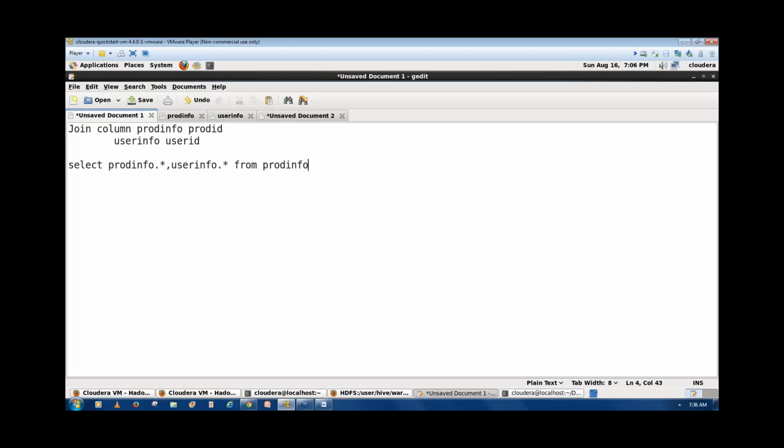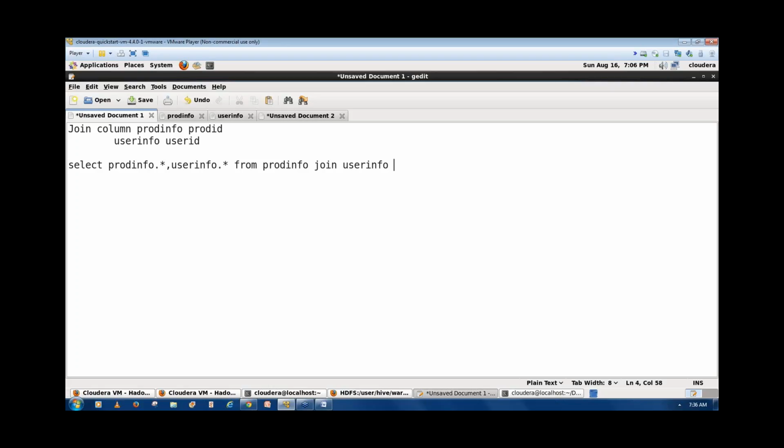So what is the join column we have? Right? Now join user info, right? First one, select all the fields from the first table, comma, all the fields from the second table. Now, so I wrote prod info join